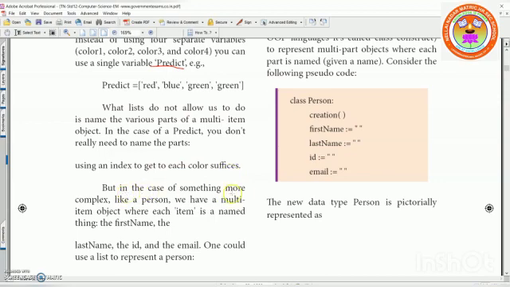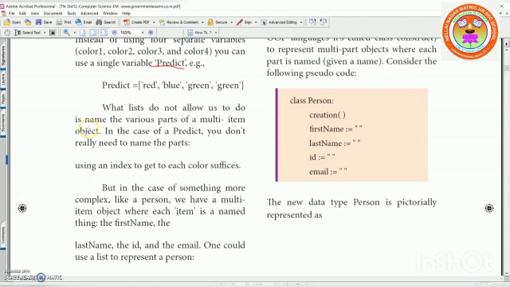But in the case of something more complex like a person, see here it is all the same data. That means all based on colors. Suppose, for example, if it is a multi-item, for example, a student. A student will have student ID, student name, student roll number, class, section, etc. This is called a multi-item object.